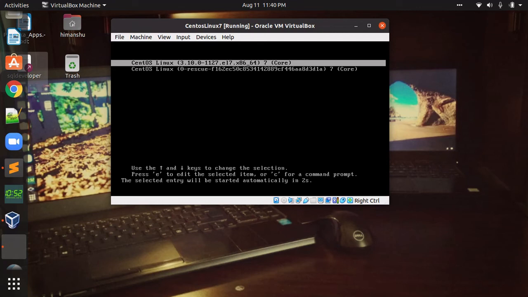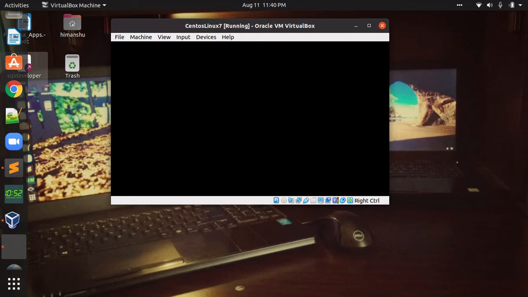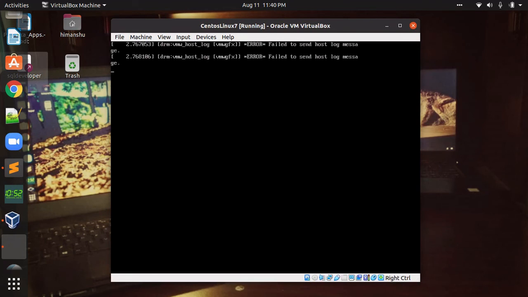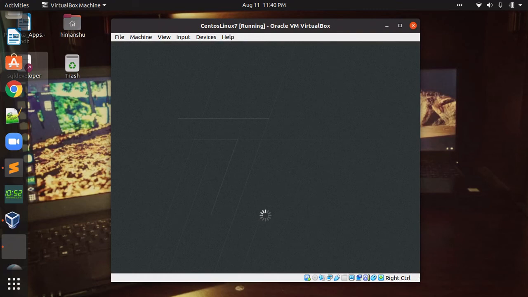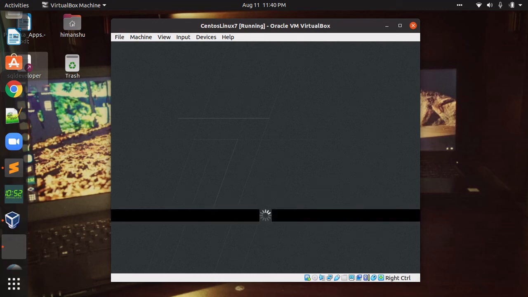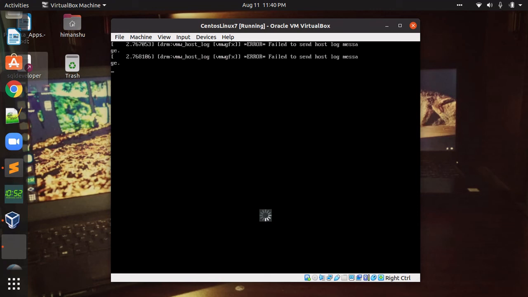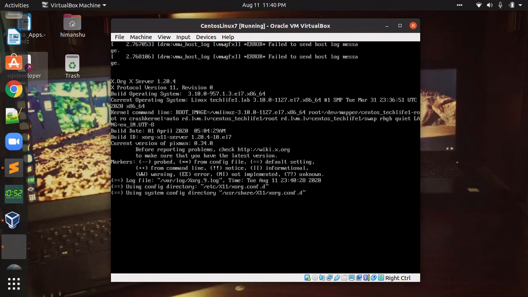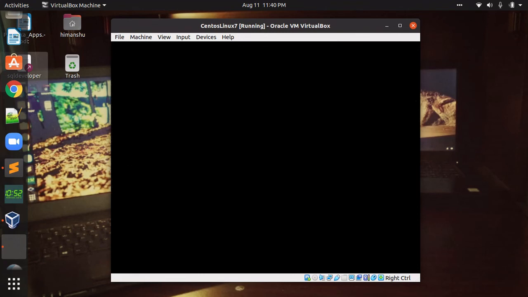We need to select the first one and hit enter, and it will start CentOS Linux 7. For the first time, it might take a few minutes to boot up the system, which is normal.